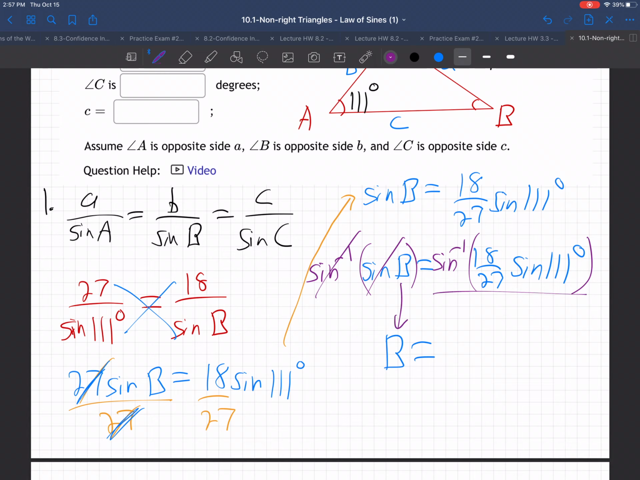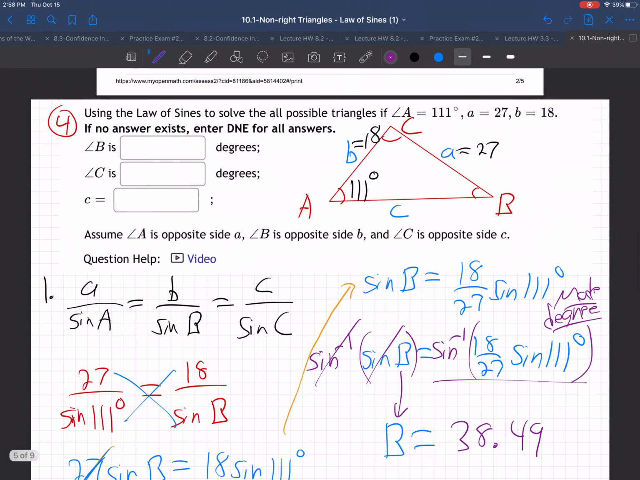And what do we do with this side? Just hit the buttons on your calculator, that whole thing. Make sure you're in degree mode, right? Because this is degrees, so your mode needs to be degrees because that's 111 degrees. So hit sine inverse of 18 divided by 27 times the regular sine of 111. And I'm getting capital B is